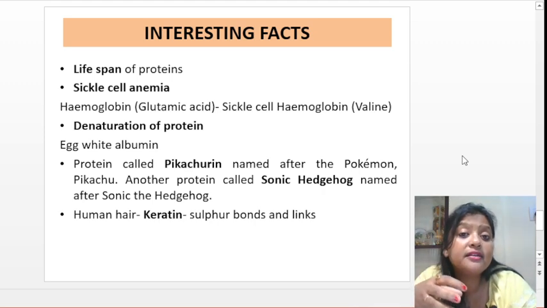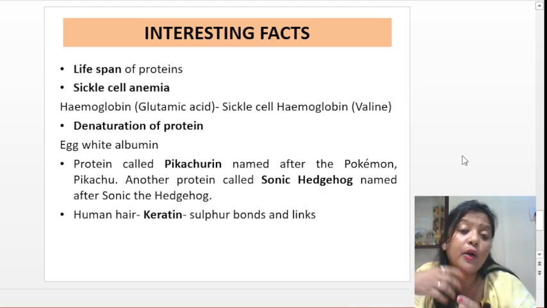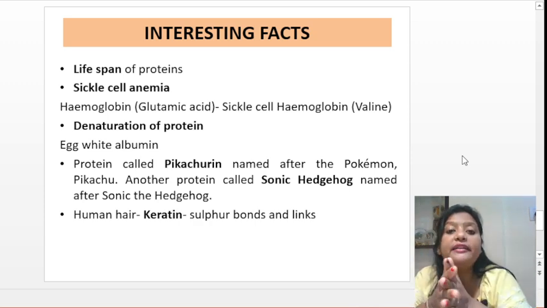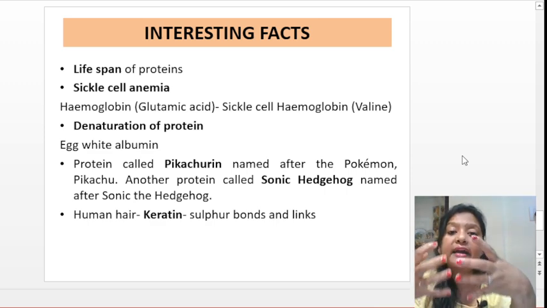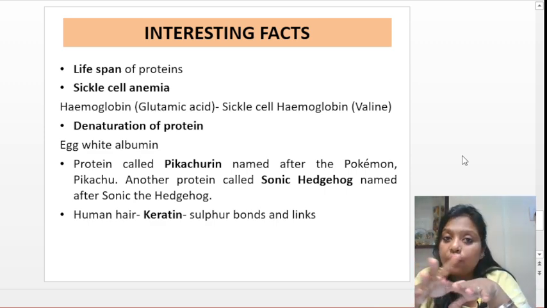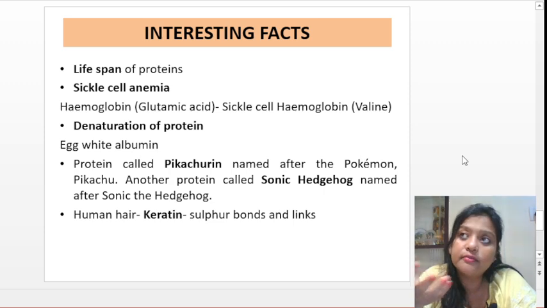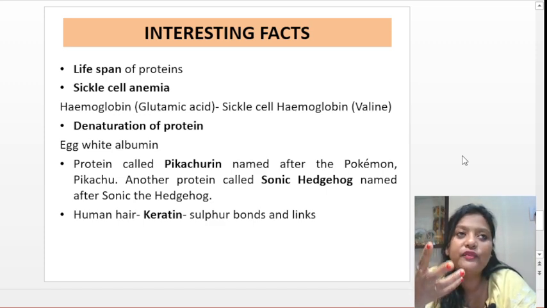Since it contains hydrophobic groups on the outside, when the boiling occurs, these groups start aggregating. They aggregate, precipitate, and form that white structure, or you can say the solid structure. It is a precipitate-like formation. That means the protein has been denatured in the egg. Remember, the reason we get the white part when toasting is the denaturation of the protein part of the egg known as albumin.